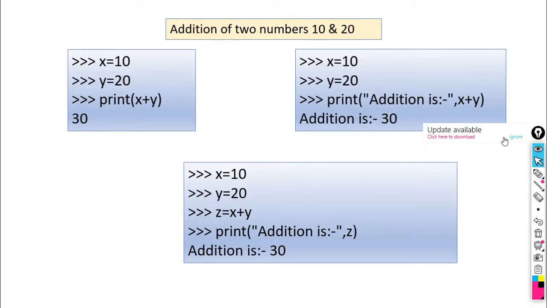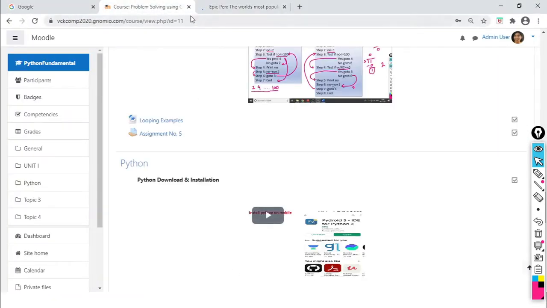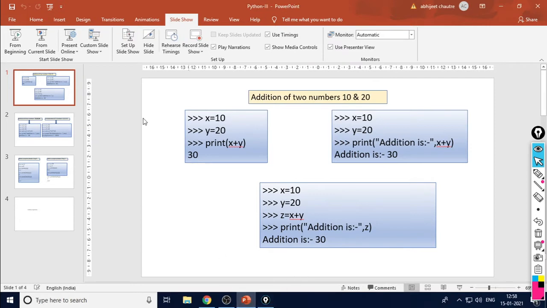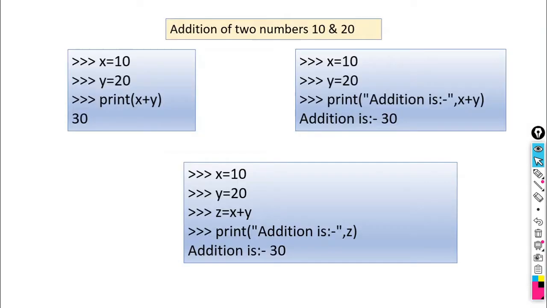This is simple scripting, how we can do addition of two numbers, 10 and 20.